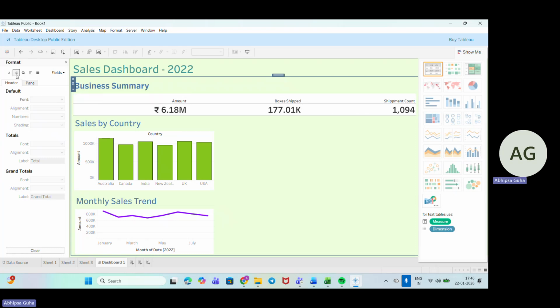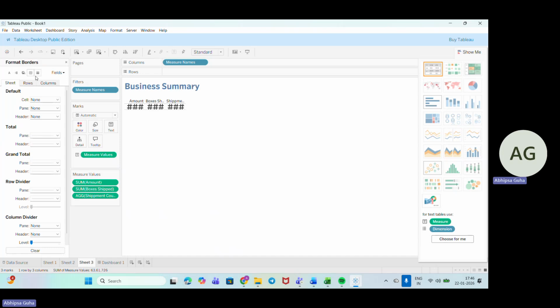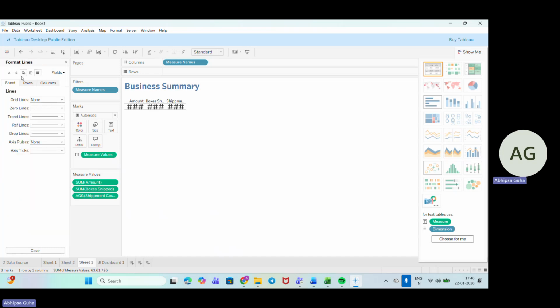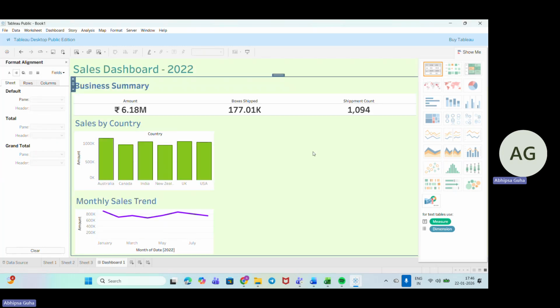Also, we have to check this one, the penny. I want this one middle aligned. So now we will be checking. Now we have got everything middle aligned.